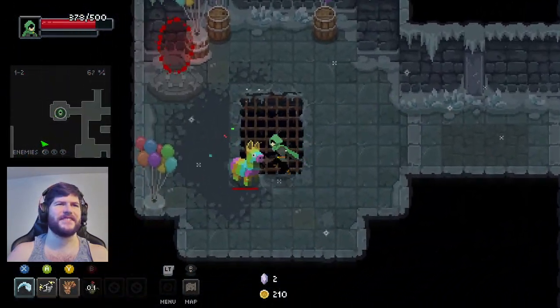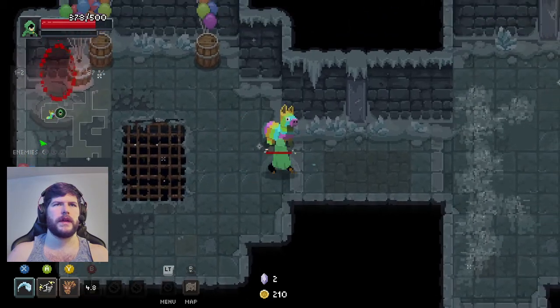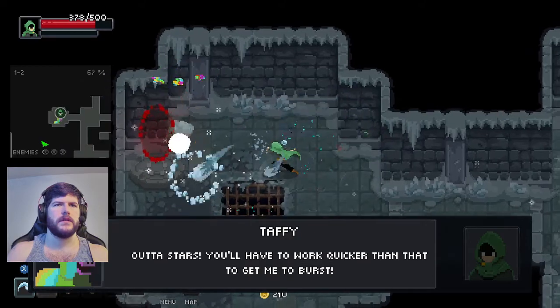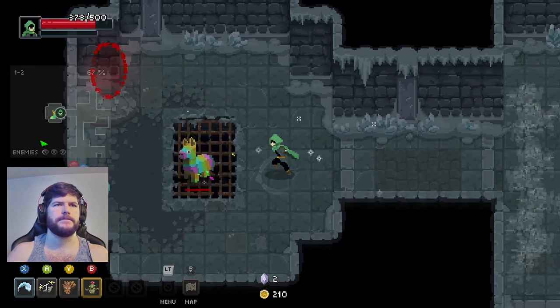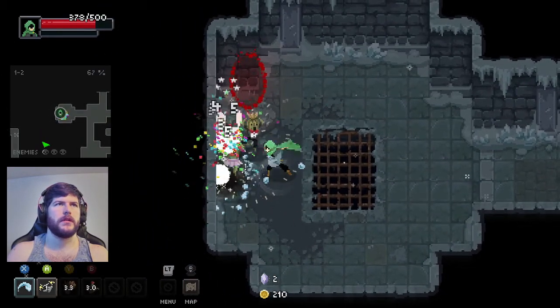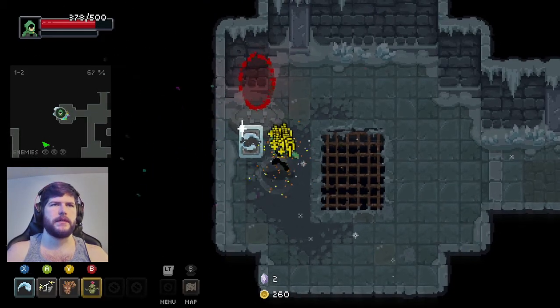Let them go. They're just having such a good time. I should be able to beat this guy pretty easily. I just want to do something like that. Ooh, okay, so I was really close. I want to do maybe... Yeah. So when you get those guys up against the wall and the constant damage they do...